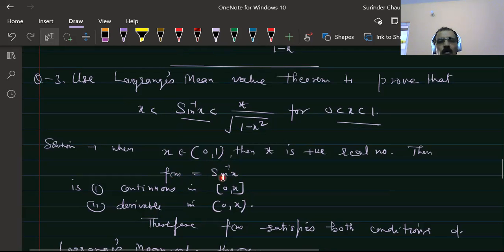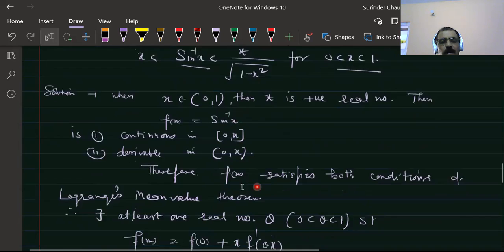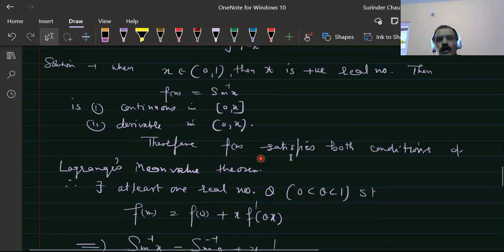Therefore, if we take x as any arbitrary number greater than 0 and less than 1, the function sin inverse x is continuous in the closed interval 0 to x, and differentiable in the open interval 0 to x. Its derivative is 1 upon root of 1 minus x square, which is defined in this interval because x is less than 1. Therefore, f(x) satisfies both conditions of the Lagrange mean value theorem. Therefore there exists a theta such that 0 is less than theta less than 1,